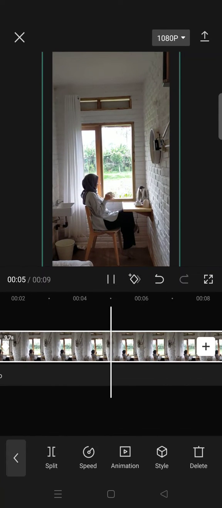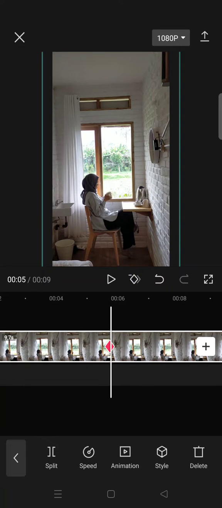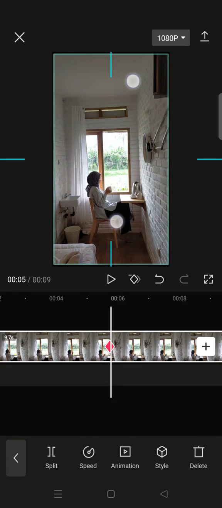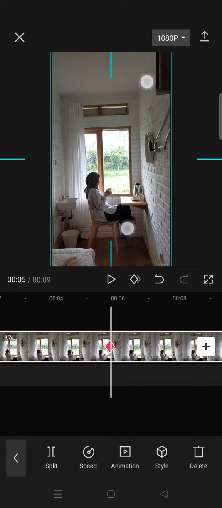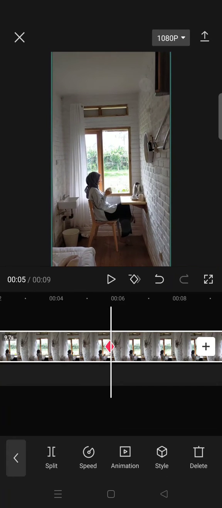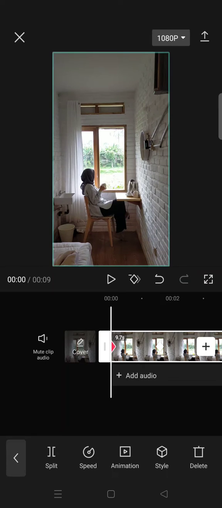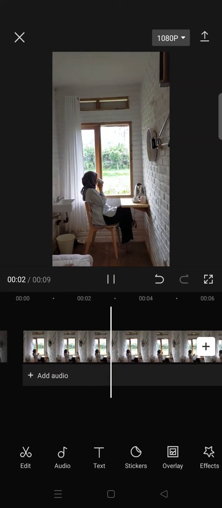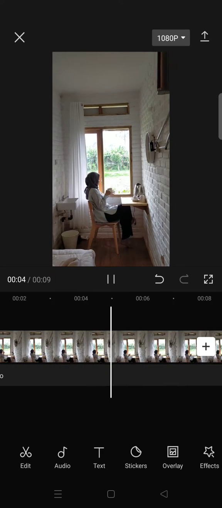then add another keyframe and zoom out the clips, so you can have that zoom in and out effect to your video. Okay, so when you play it, it will go like this, so it will have like a fake movement to